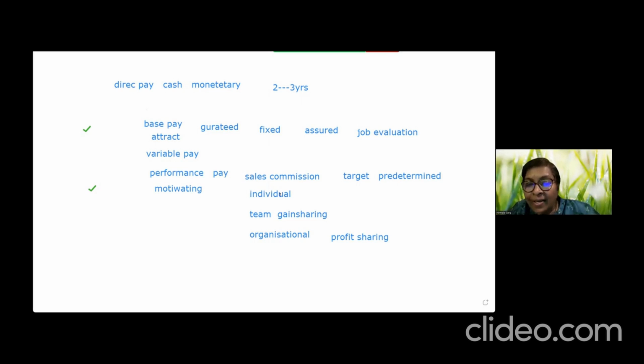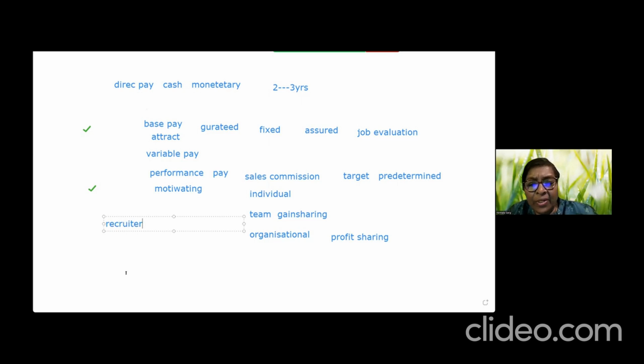I'm not going to get into detail, but one point I want to drive here. When we are designing incentive plans, the scope of different jobs in terms of their variable pay differs. For example, a recruiter. I have designed an incentive plan for a recruiter.